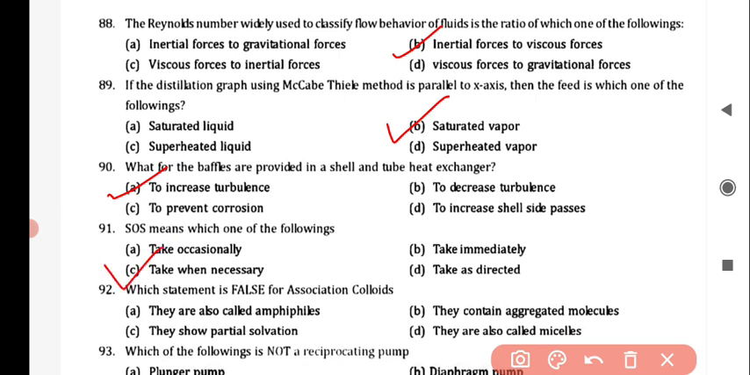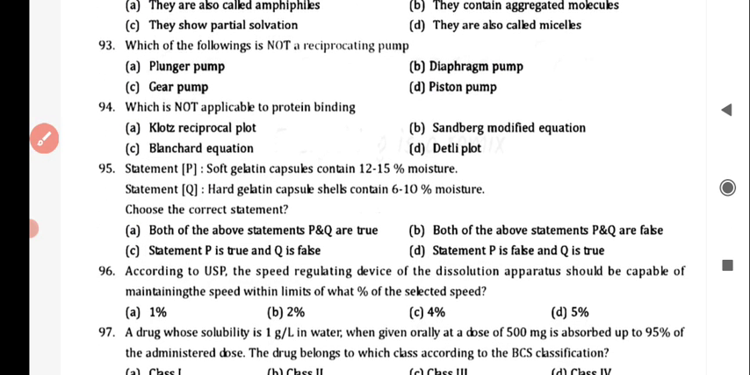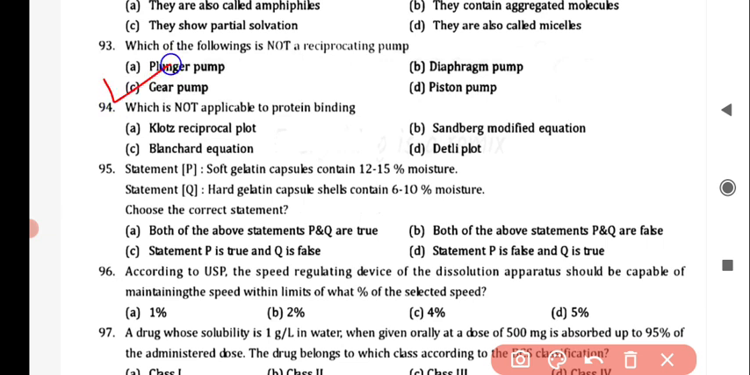Next question is, which statement is false for association colloids? And in this, the wrong statement is option A, that is, they are also called amphiphiles. Next question is, which of the following is not a reciprocating pump? And the correct answer is option C, gear pump. Next question is, which is not applicable to protein binding? And the correct answer is option D,